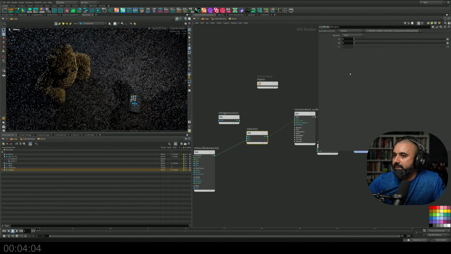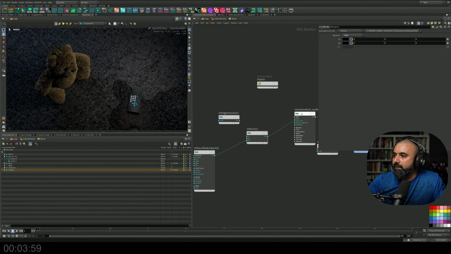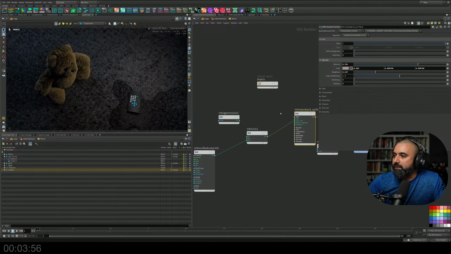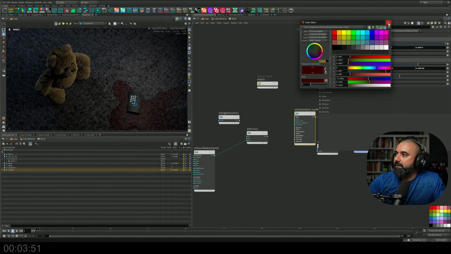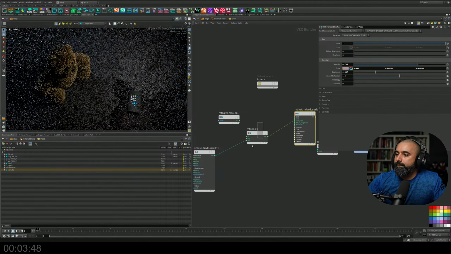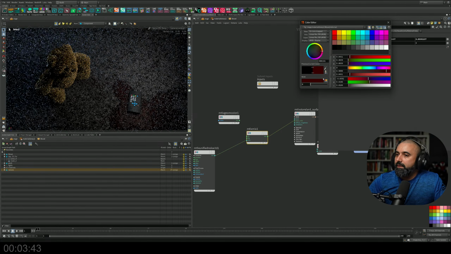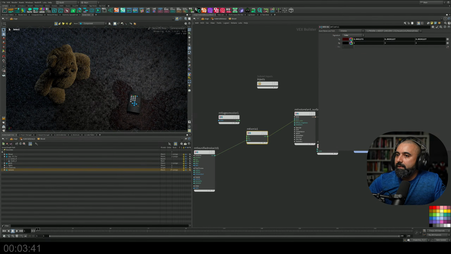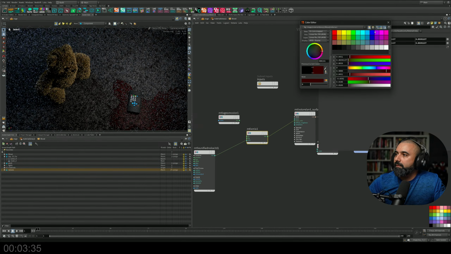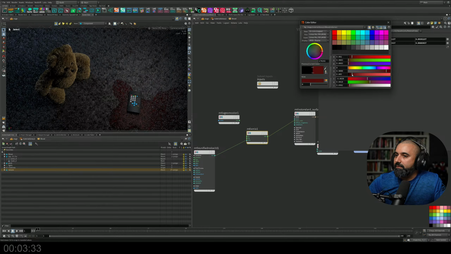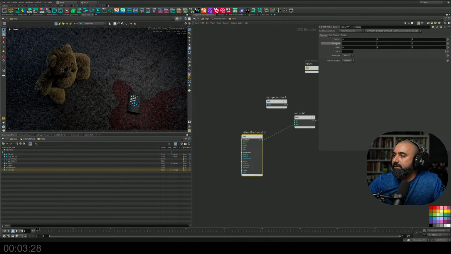We'll add it to the mix, and then we'll put color here. And let's see what our color was. I'll copy this here, paste that in there, and then paste it here as well. But let's make this just a tiny bit brighter. And then if we mess with the noise,